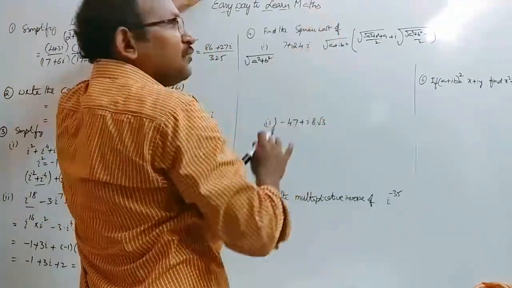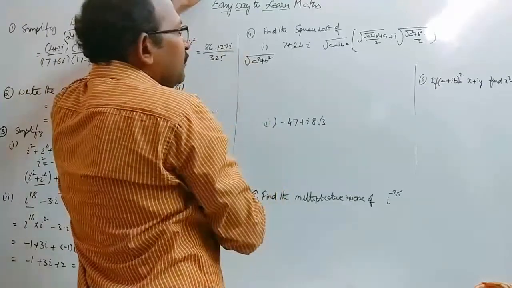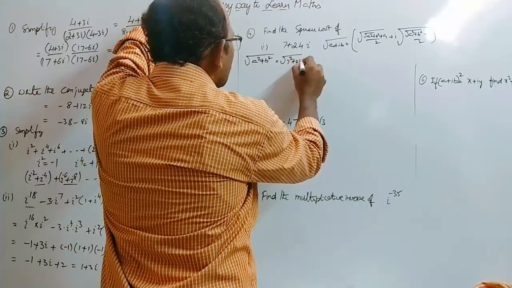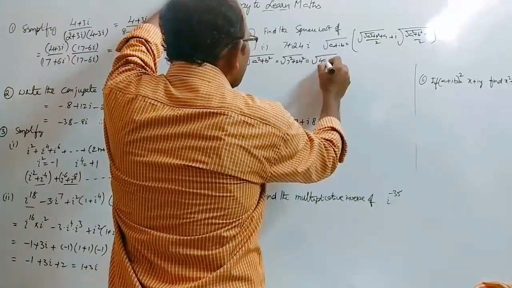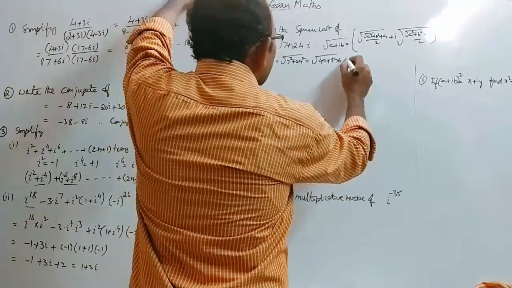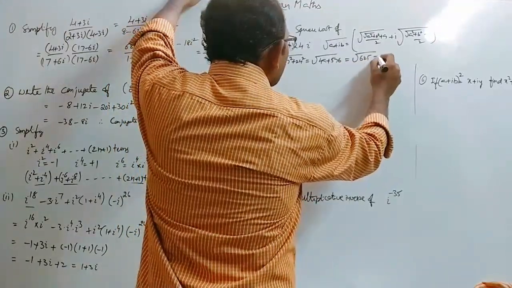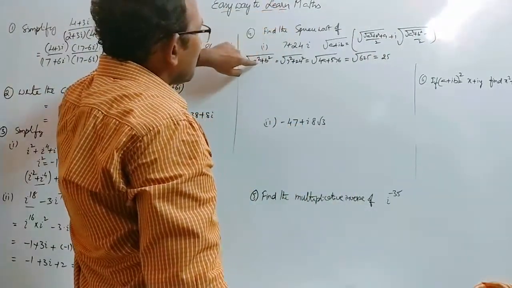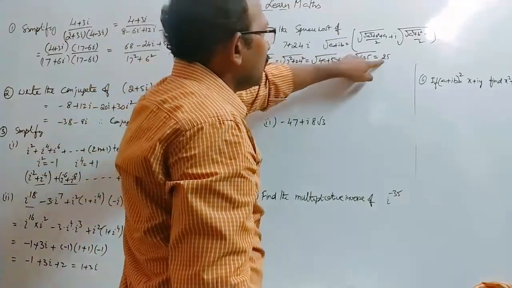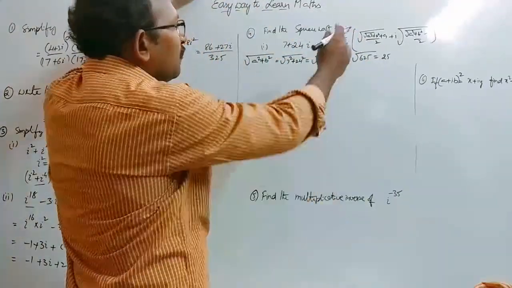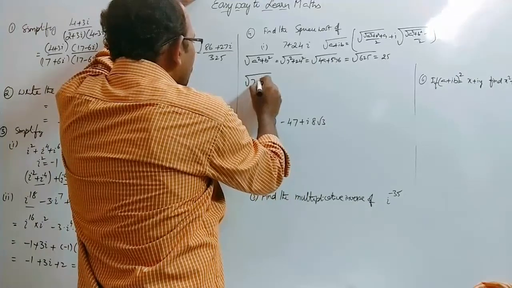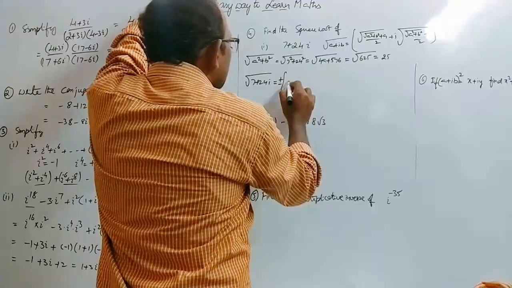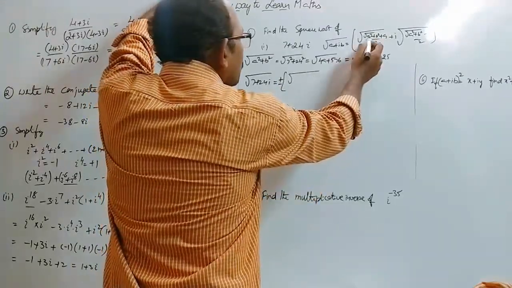No need to substitute all these values. First let us find the value of a squared plus b squared. Therefore that is equal to the square root of 7 squared plus 24 whole squared. 7 squared is 49, plus 576. That is equal to the square root of 625, that is equal to 25. That's why we have already derived the value of root of a squared plus b squared as 25. Now let us substitute in the formula. Therefore the square root of 7 plus 24i is equal to plus or minus the square root of, here the inner root is root of a squared plus b squared.